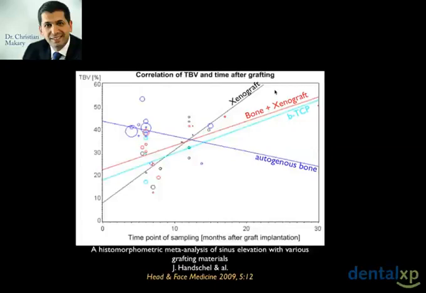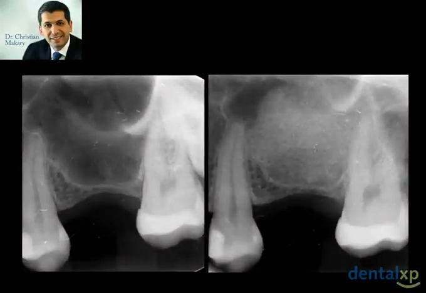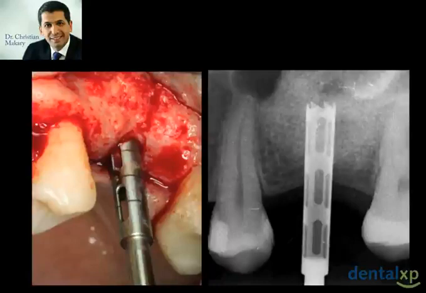This is why one of our choices clinically today is the use of particulate grafts, not block grafts, and the use of xenograft mainly, but also in some situations, beta tricalcium phosphates or allografts. Also, in this case, you see that we had a 1 millimeter residual bone height, and this is why we did a whole grafting of the sinus with the xenograft also. And 6 months later,